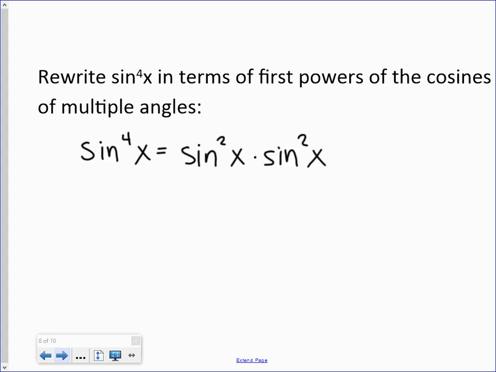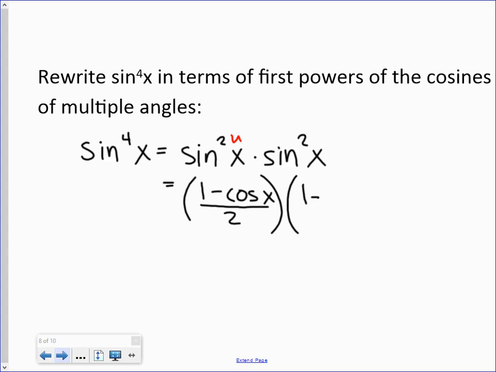Yes. Then you can use your power reducing formula. 1 minus cosine of 2u. What's u? Yes. And now be careful, if it was 2x, then you'll have to change that. Okay, but here we'll just say cosine x over 2